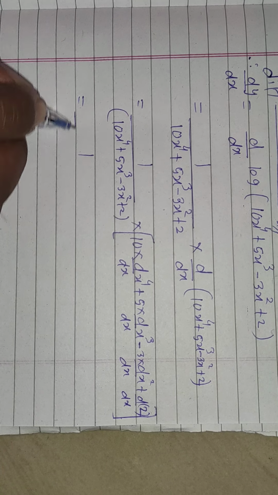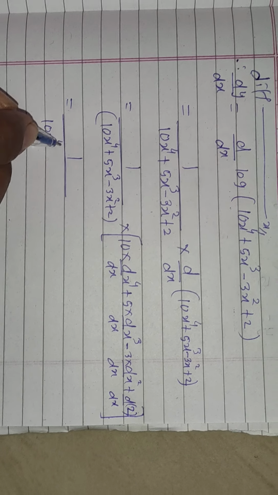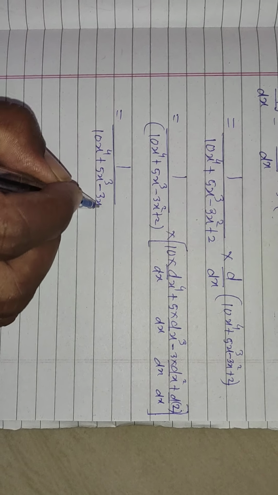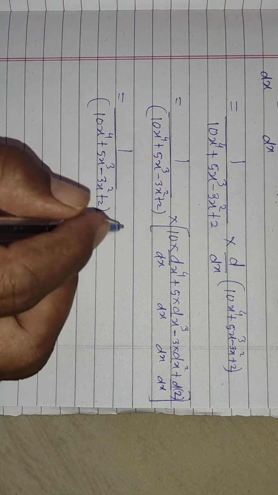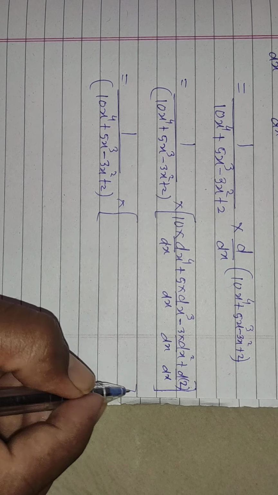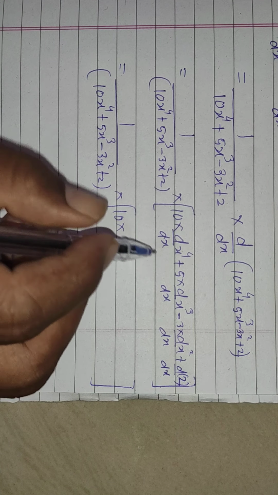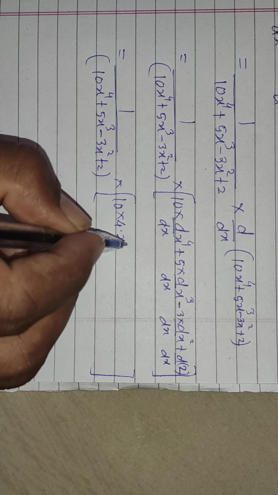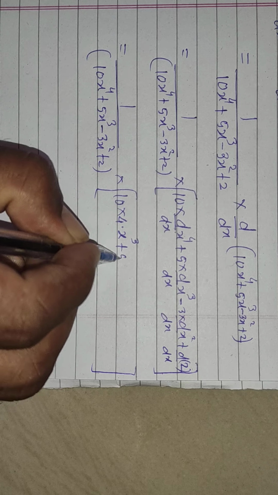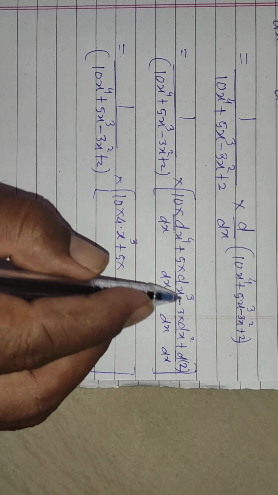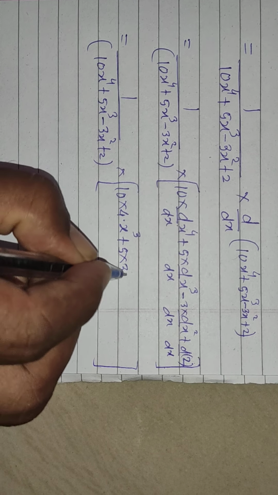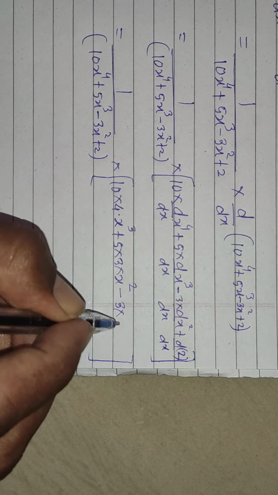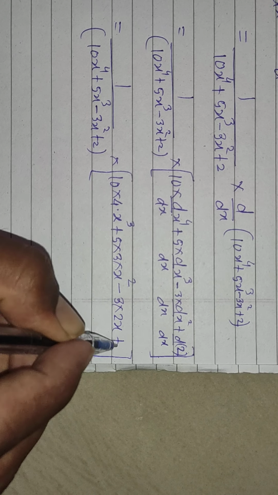Now it's 1 upon 10x raised to 4 plus 5x cube minus 3x square plus 2, multiplied by: the derivative of x raised to 4 is 4 into x raised to 4 minus 1, that is 3, plus 5 as it is. The derivative of x cube is 3 into x raised to 3 minus 1, that is 2, minus 3 into the derivative of x square, which is 2x,